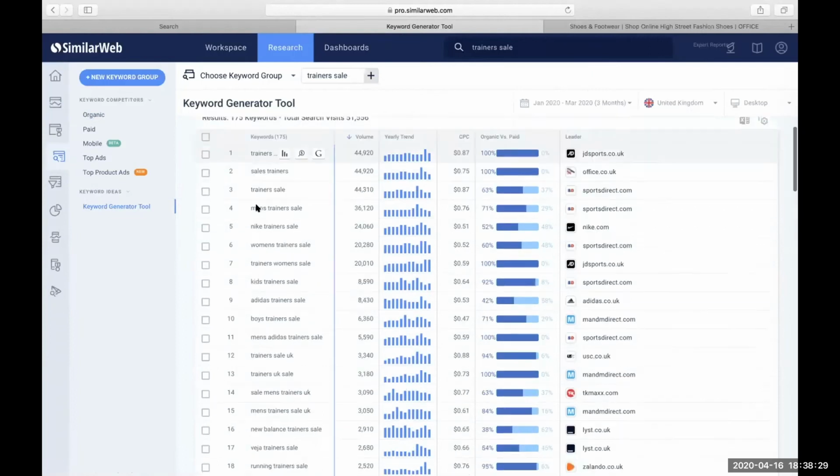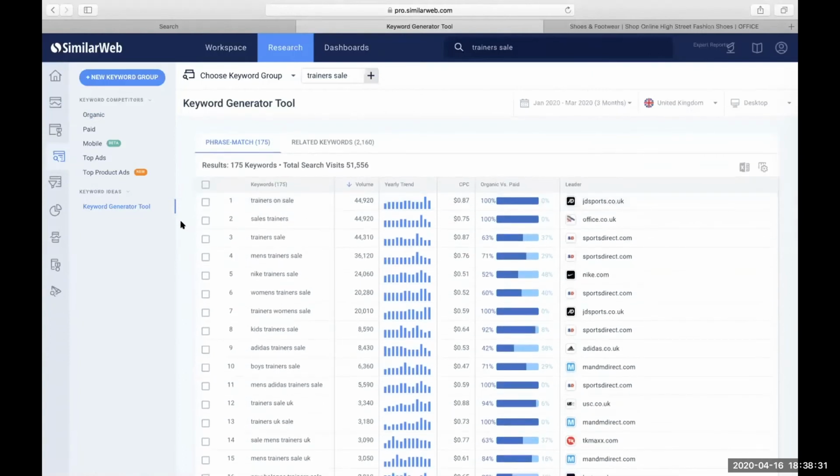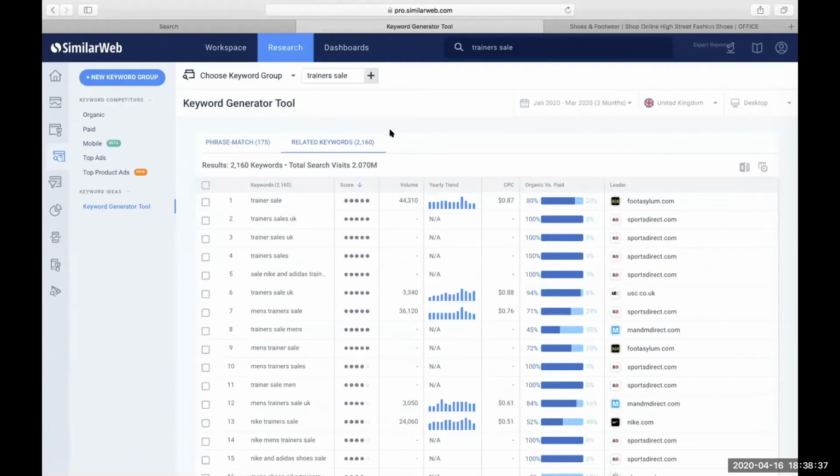So all the keywords in this list include "trainers sale" in any particular order. But what I'm actually going to draw your attention to is the related tab. The related tab is a lot more interesting because it gives you a whole list of keywords that people who have searched for "trainers sale" have also searched for in that same browsing session. So it's going to reveal to you the hidden ways that consumers browse for this particular topic. And you'll see that people who search for "trainers sale"